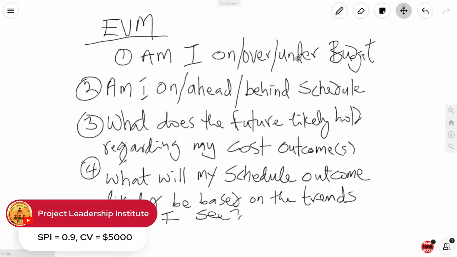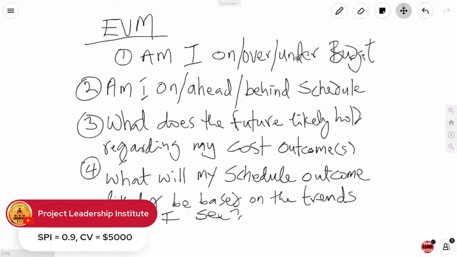From a schedule perspective, this is not very good, right? You're 90% efficient schedule-wise. And from a cost perspective, this is good. You're under budget, so you're getting more work done than you're actually paying for. So this isn't bad. It's actually good. Plus $5,000. Now, if it was negative $5,000, we would have a problem. Let me give you one more just to be absolutely sure, because the exam today is very different from how it was back then. Okay, let me give you another one.